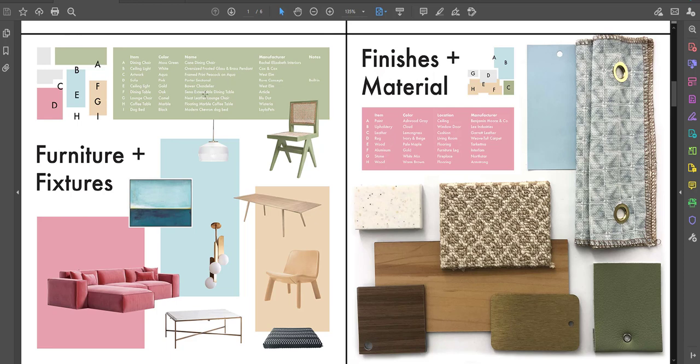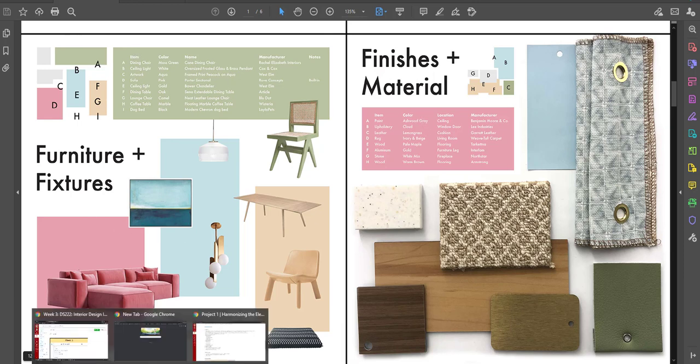So the schedule is basically a table, and you just list out the important information. The requirements are listed in the assignment, which you'll see. You list the item, whether it's a dining chair, a ceiling light, whatever it might be. Then you'll list out the information, so the manufacturer, that type of thing, okay? Same is true for the materials. The requirements are listed in the assignment